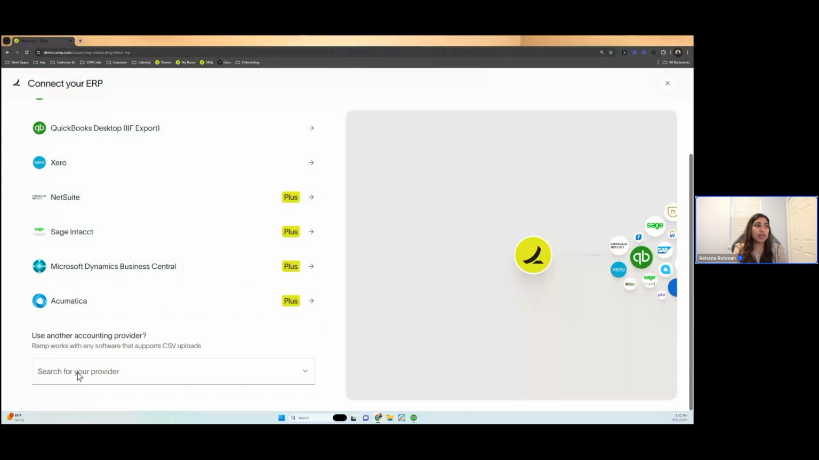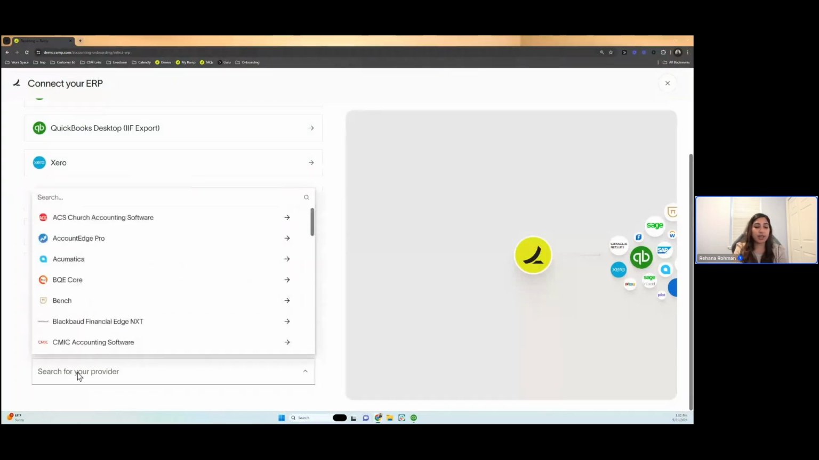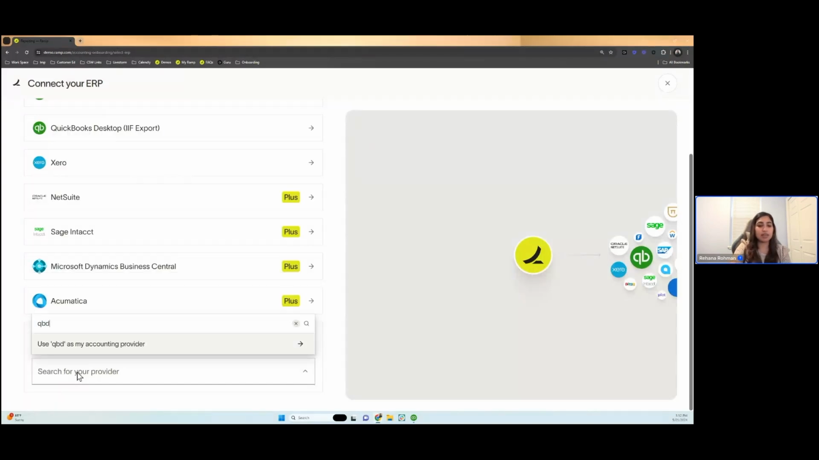What I recommend doing is where it says search for your provider, type in QBD, and then go ahead and click on use QBD as my accounting provider. All right. So you could turn this into all caps or lowercase, up to you. Once you click on that, it'll be the same export process with your IIF files, so you'll be fine. All right, just gives you more of an ability to use those extra lists that we don't support with the